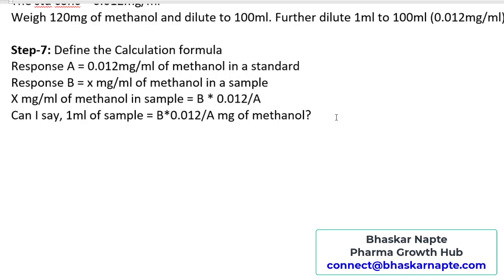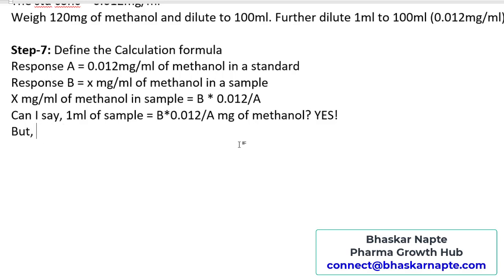So I can certainly say that 1 ml of the sample contains B into 0.012 divided by A milligram of methanol. The unit of this term is milligram. Please focus on the units. They are very, very important. Now, when I say 1 ml of the sample contains so and so milligram of methanol, but